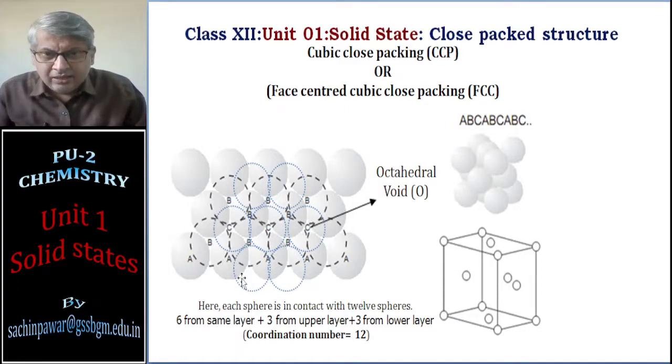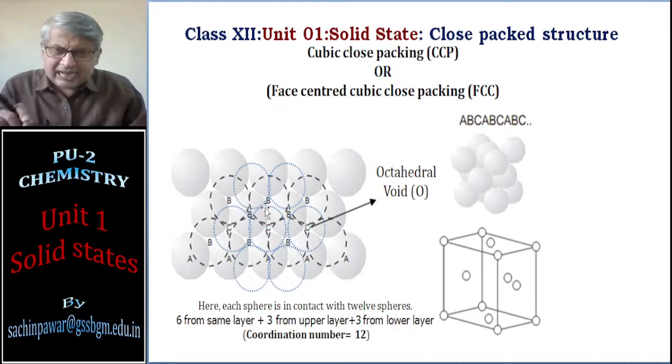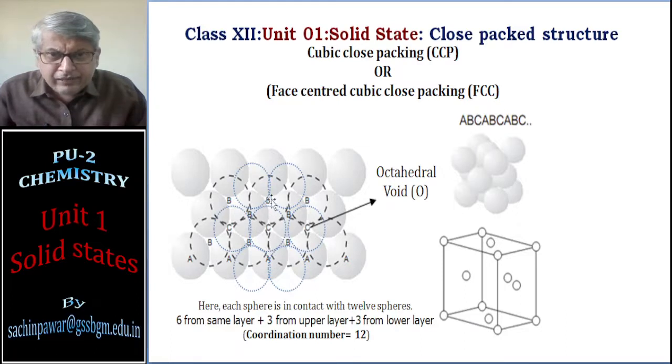If I take a B particle, then it is in contact with 1 B, second B, third B, fourth B, and one more here, one more here. So a total of 6 particles are in touch with the B particle in its own layer, and since it is an octahedral void, that B particle will be in contact with 3 particles of the third layer, and 3 particles of the